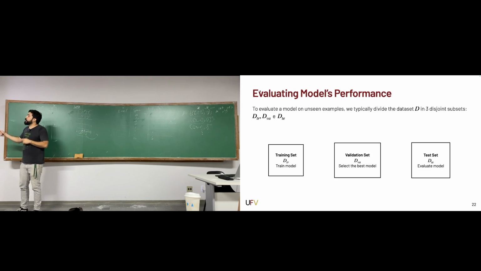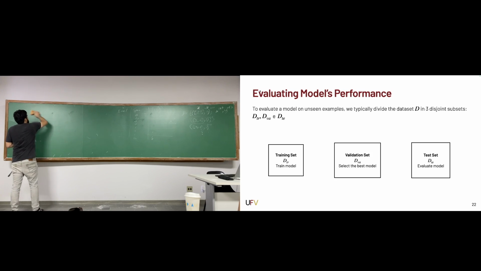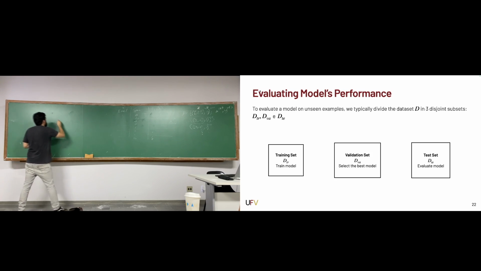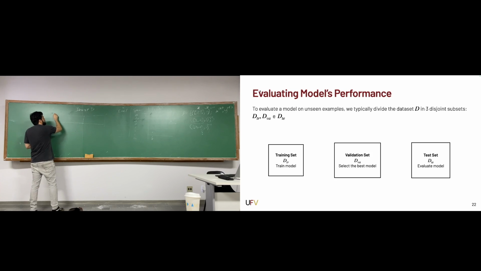And what we're going to do is we're going to use the training set. Now I think it would be easier to draw it this way. We can see our entire data set D like this bar here, and we're going to split it in 3. So we collect the data. That first step there is the same. We acquire the data and we return the data set D. But then we divide it in 3. Train,